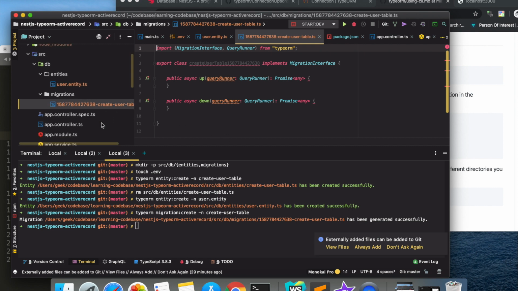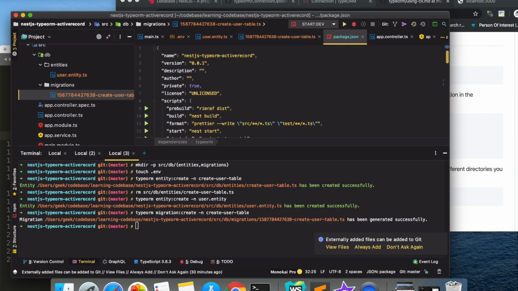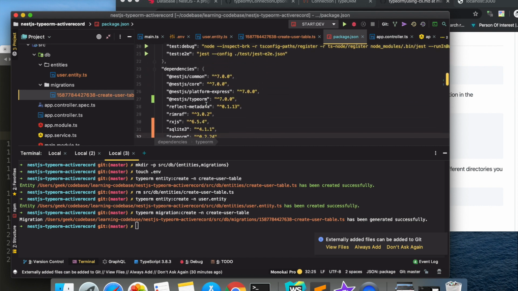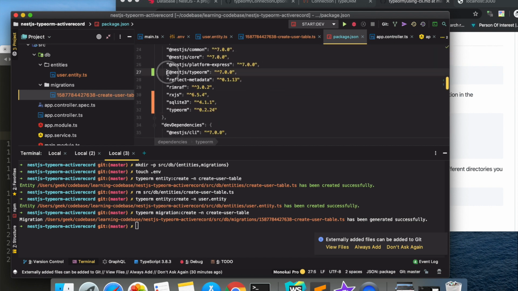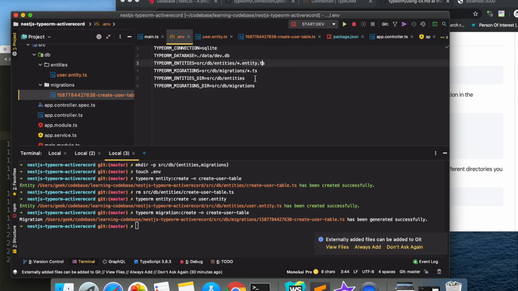So that's all we have added. In this we have added a couple of dependencies: Nest.js TypeORM, SQLite 3, and TypeORM. We have our .env file with environment variables that specify our entities, migrations, directories, and database connection.